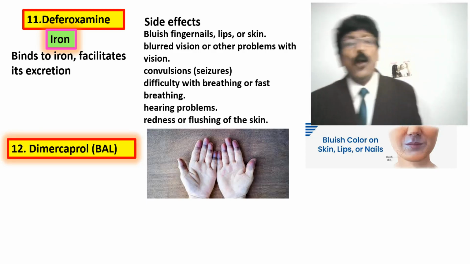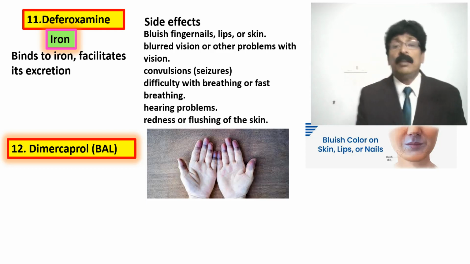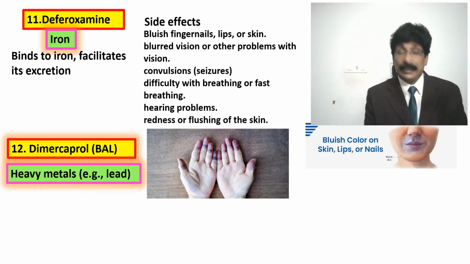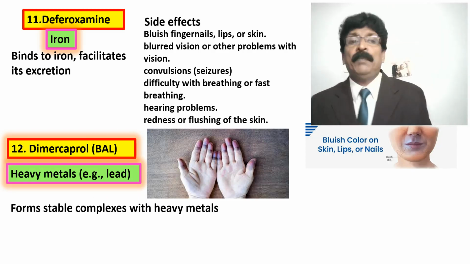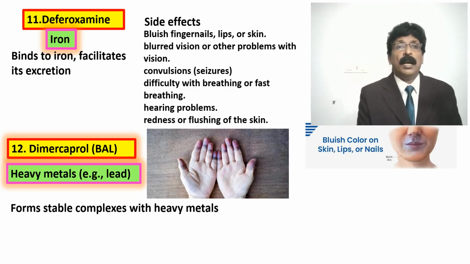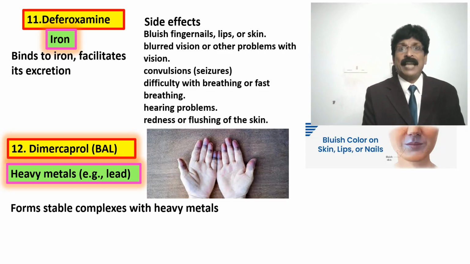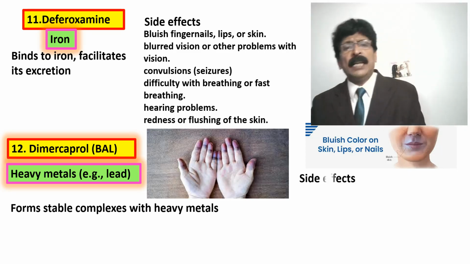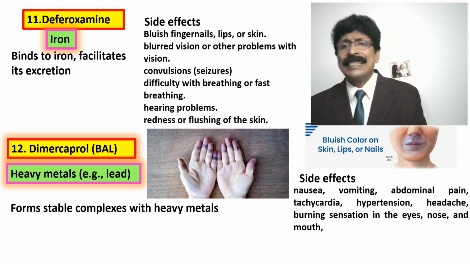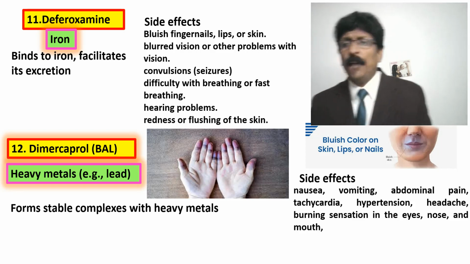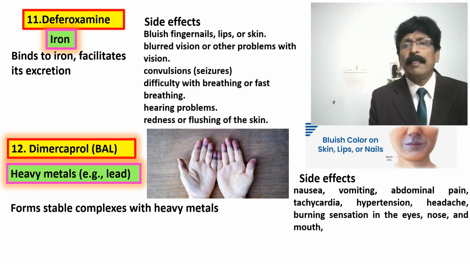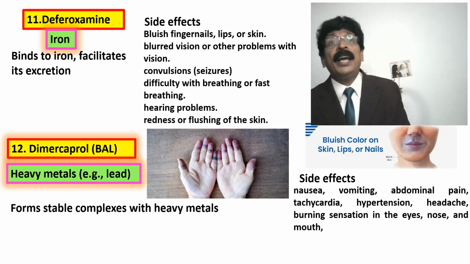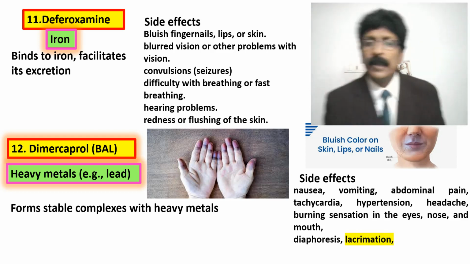Dimercaprol is the first antidote, British anti-Lewisite, for heavy metals, for example lead and mercury. Dimercaprol can be used as an antidote for heavy metals. It forms stable complexes with the heavy metals. Side effects: nausea, vomiting, abdominal pain, tachycardia, hypertension, headache, burning sensation in the eye, nose and mouth, diaphoresis,